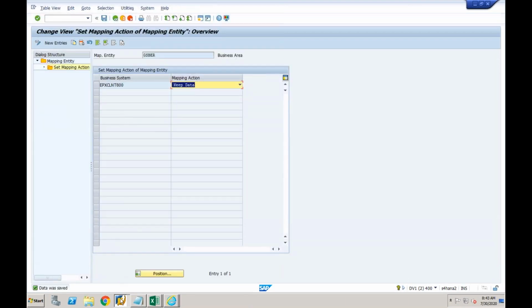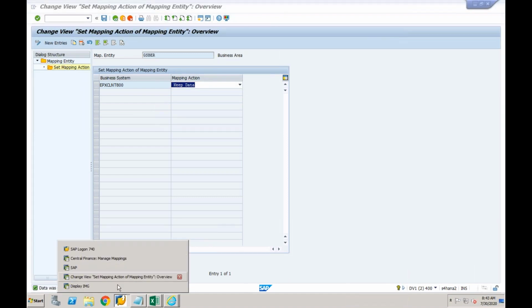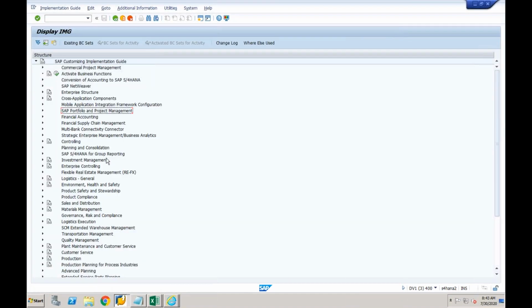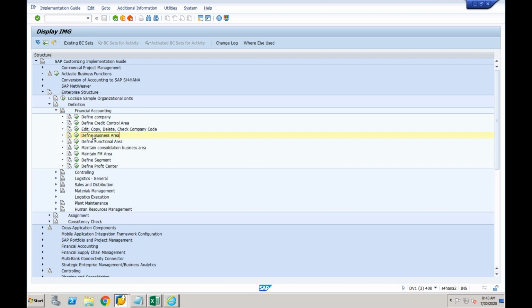Okay, because my codes for the business area are exactly the same as what I have in my source system. Same it is in the target system also. Okay, so that is your business area. Now I will go to the